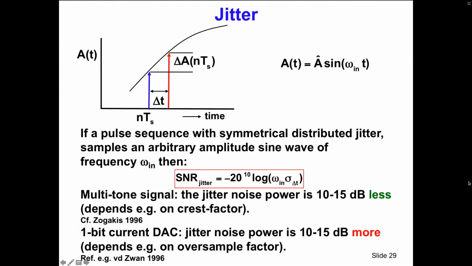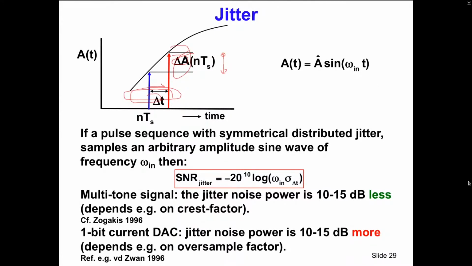Well, what happens at the moment you have phase noise? Basically a misplacement of your sampling moment leads to a different value of your sampling value. And this delta A over here is the error, and if this over here behaves in a certain way, then this delta A will follow that in a similar way.